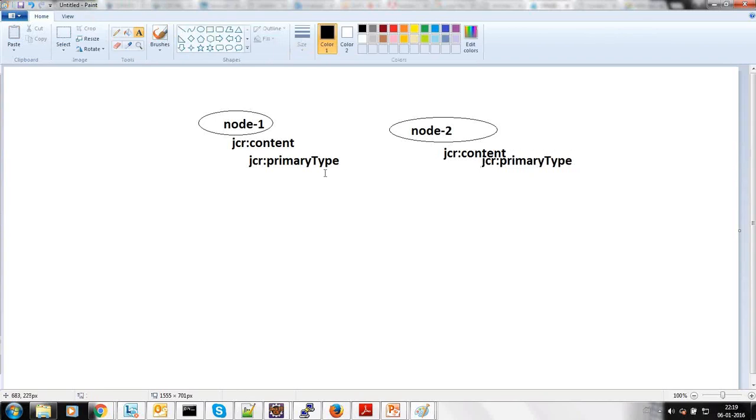So here the namespace is jcr. Here we consider this jcr as a namespace. Just remember that the prefix before the colon is considered as a namespace. Under node 1, jcr:content can have one primary type. The same primary type, or else jcr: